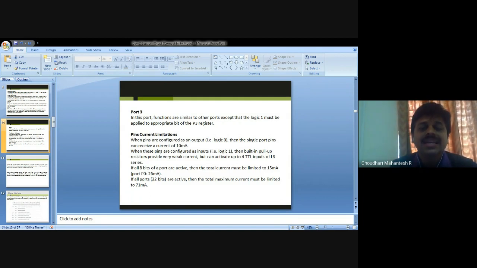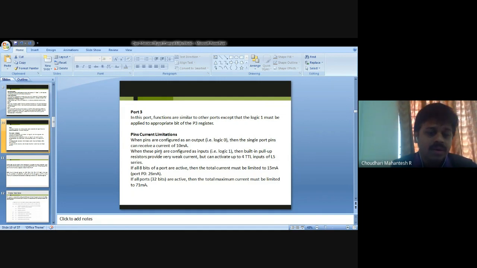Then the built-in pull-up resistors provide a very weak current but can activate up to 4 TTL inputs of the LS series, as a design constraint. If all 8 bits of a port are active, then the total current must be limited to 15 milliamps.